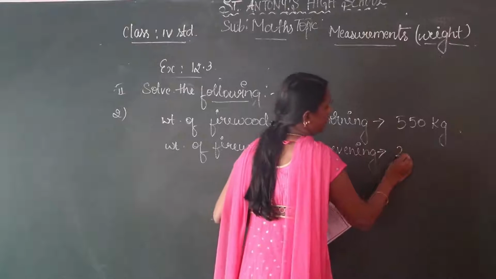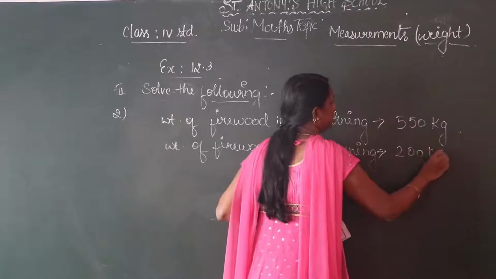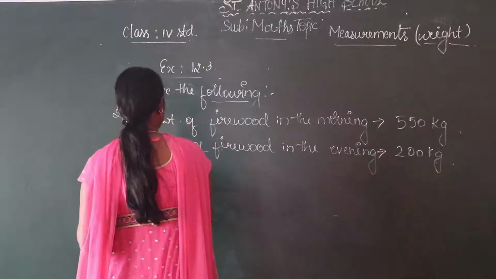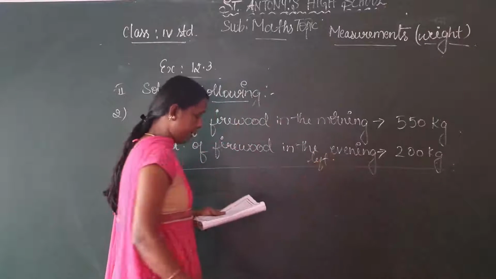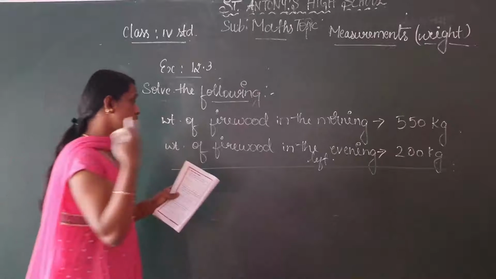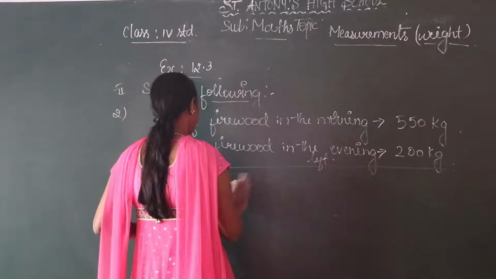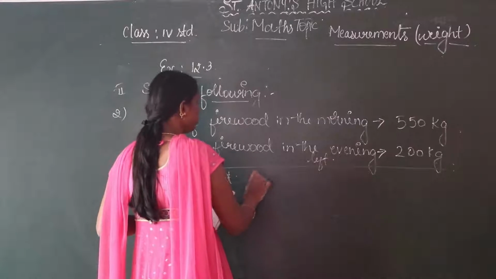That is 200 kg. Therefore, we have to write that it will be left. Okay. So here we have to find out the quantity of firewood sold. So sold, weight of sold quantity. So we have sold some